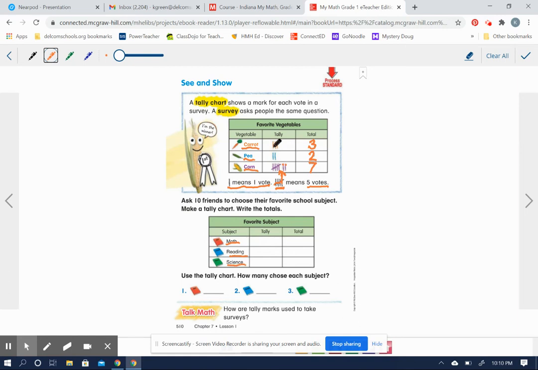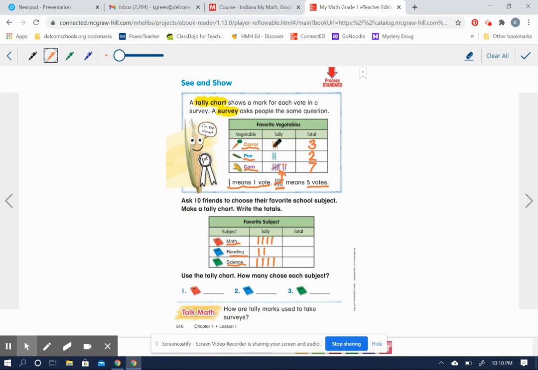and science. Okay, I'm going to see if I can erase that because I did not mean to draw a line through there. There we go. Okay. Didn't mean to draw the line through the word math. I want you to be able to read it. Okay, so we're going to pretend that I asked 10 people and 4 people said that they liked math and 2 people said that they liked reading and